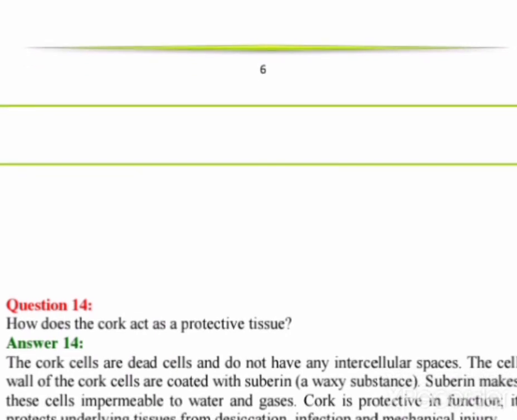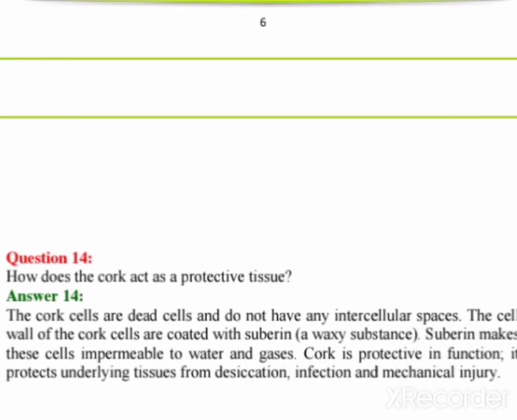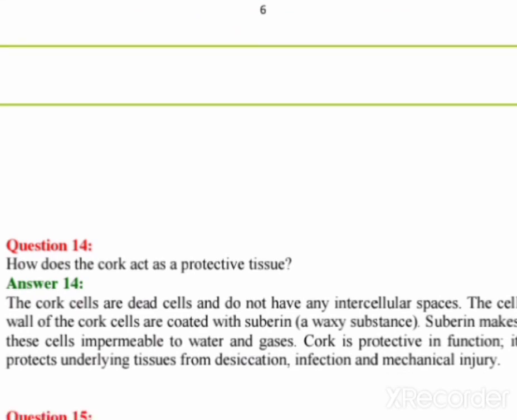Here you have been given the flow chart in question 15 of the permanent tissue, and it is not complete. So here we have to complete this flow chart. You all know permanent tissues are of two main types, simple and complex. And here, what comes here? Parenchyma. Collenchyma, and the third simple permanent tissue is sclerenchyma. So these three are parts of the simple permanent tissue. Now complex: one is xylem and the second one is phloem.